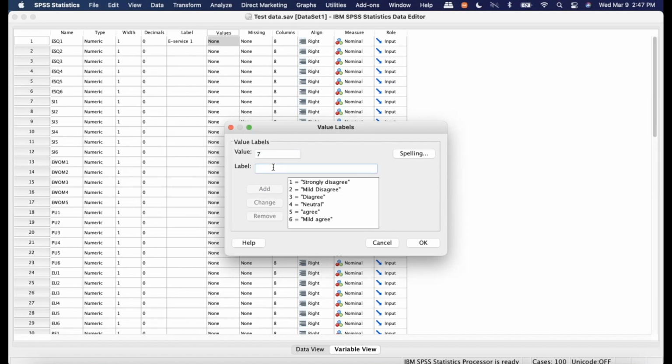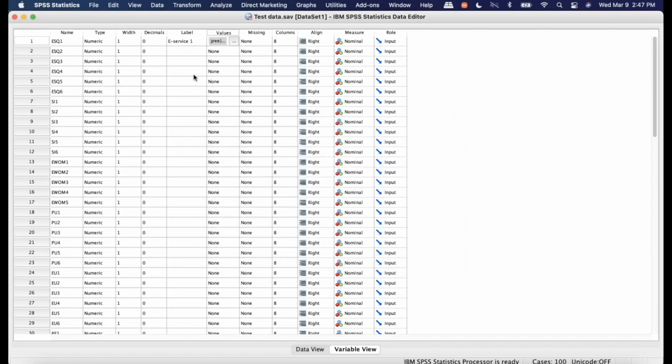And 7 is okay. Now the beauty is this, you have these values, you can just Control C, copy, and just paste it anywhere. So you can just paste it on the others also. Okay, so we just keep it for the first variable to see what exactly this difference in data analysis is. This is just the values interpretation, the result outputs, but the calculation will not be affected by